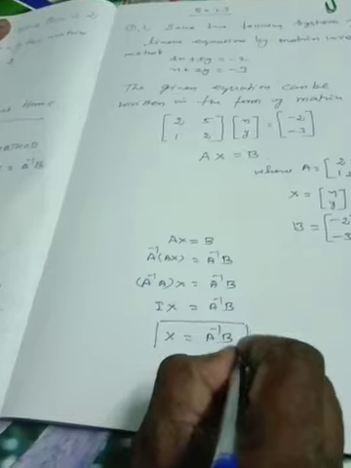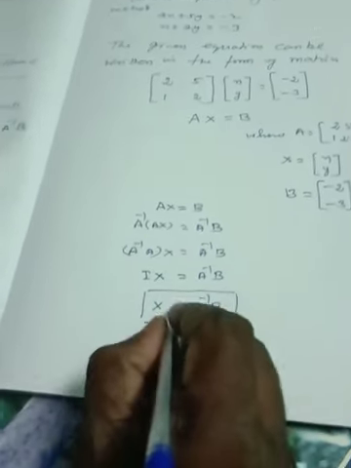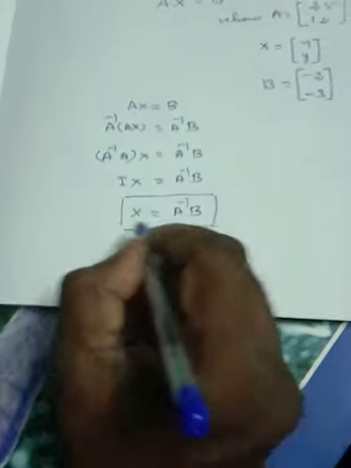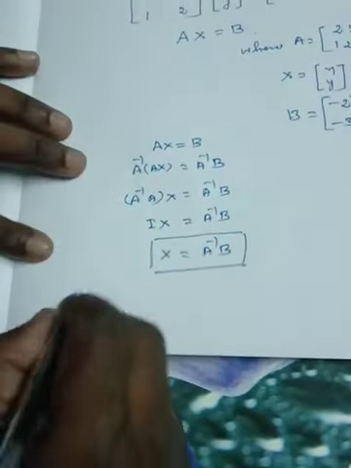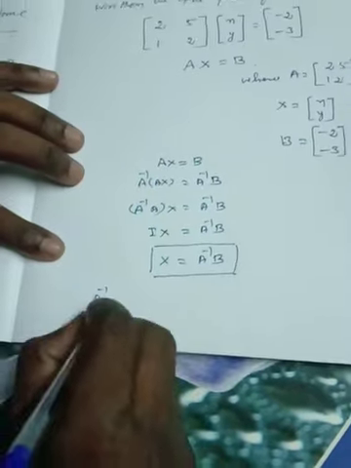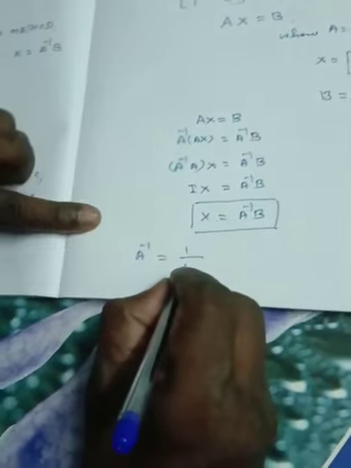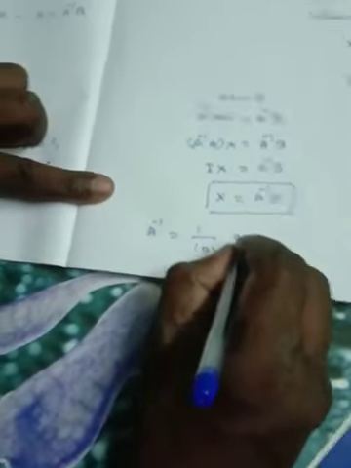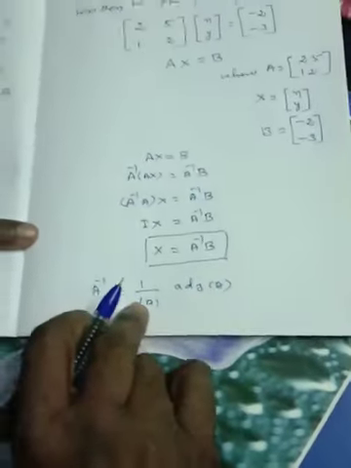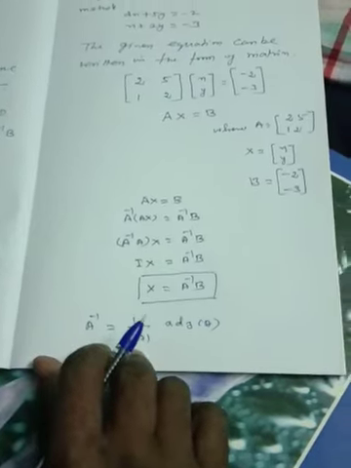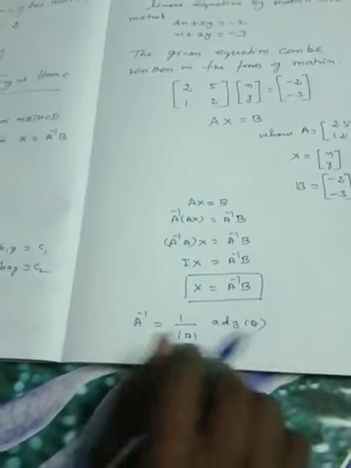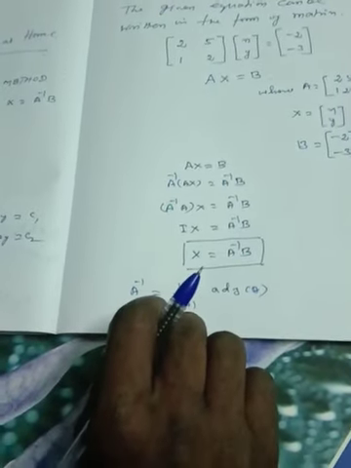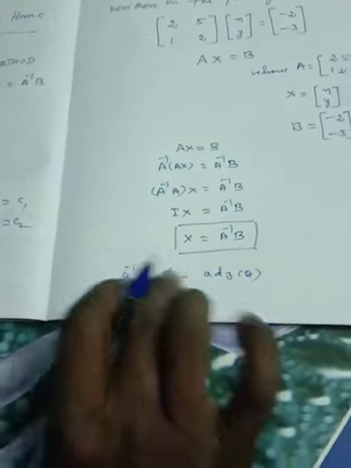Now we have to find the inverse of A first, then the product gives capital X. Okay, first to find the inverse. A inverse is equal to the already known result, 1 by determinant of A into adjoint of A. First to find the determinant of A. Suppose determinant of A is equal to 0, we cannot find the inverse of A. Suppose the determinant value is not equal to 0, then the inverse exists.